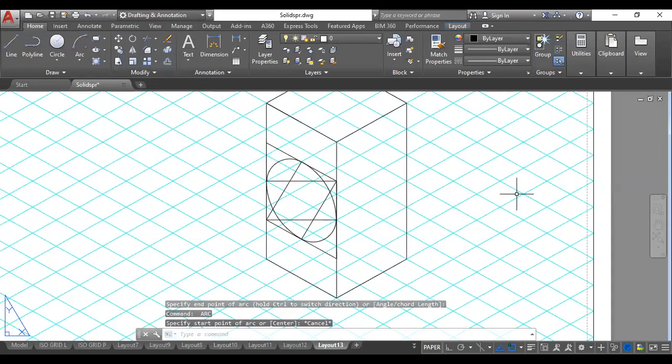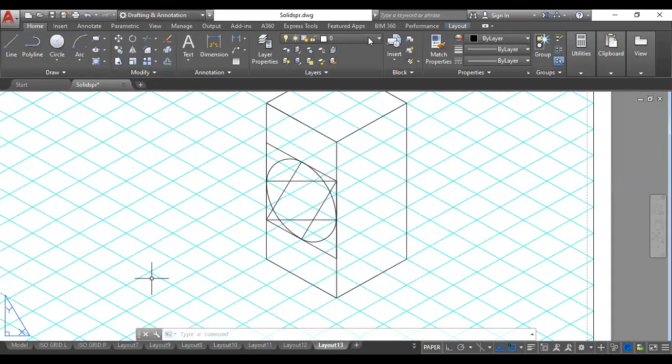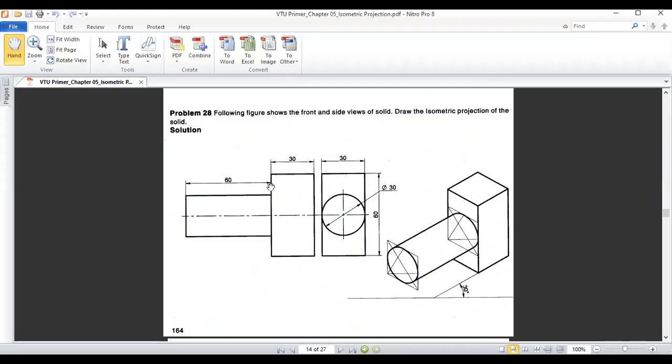Now I need to draw the other side of the cylinder, and the length of the cylinder as per the question. The length of the cylinder is 60 mm. If you see in this view, total length is 60 mm. So I'm supposed to draw a 60 mm axis from the center. This is the center which I know. From here I'm supposed to draw an axis of 60 mm. When I draw the axis of 60 mm, this becomes the center to draw the box of again 30 by 30. So that I can do there.